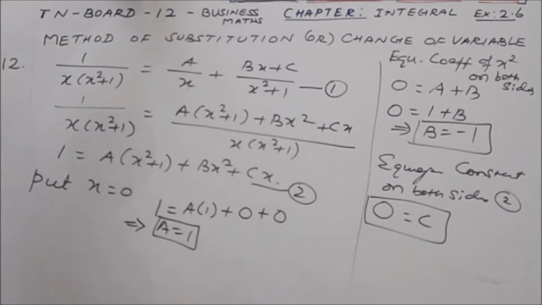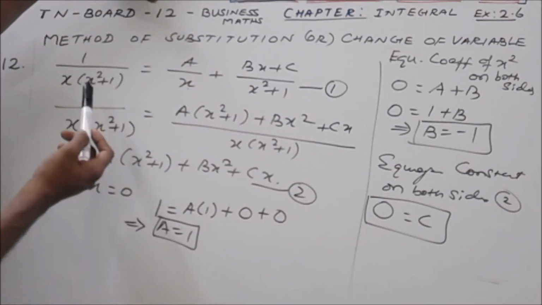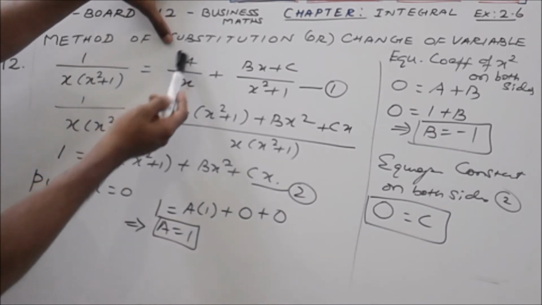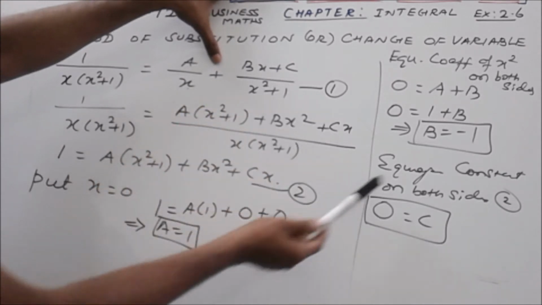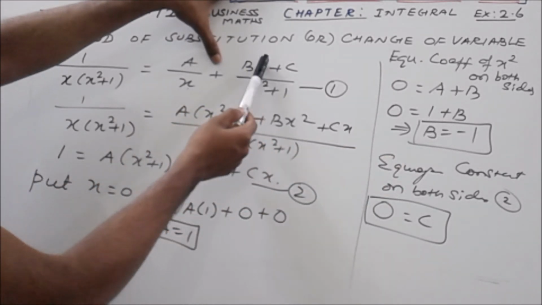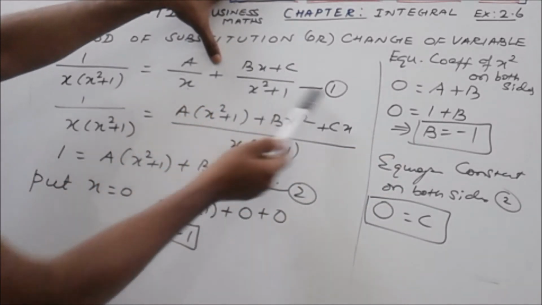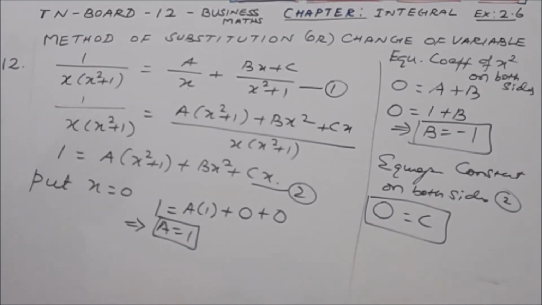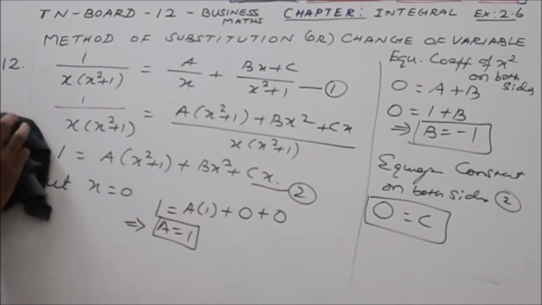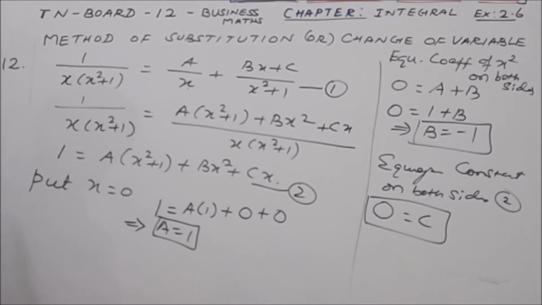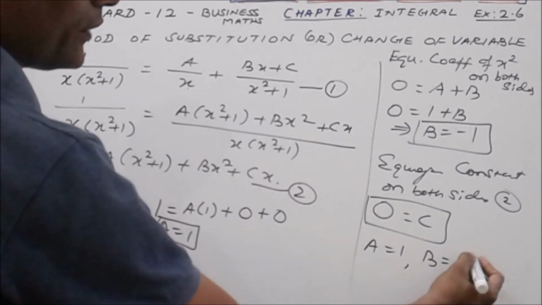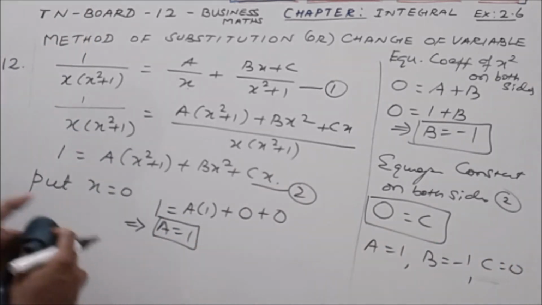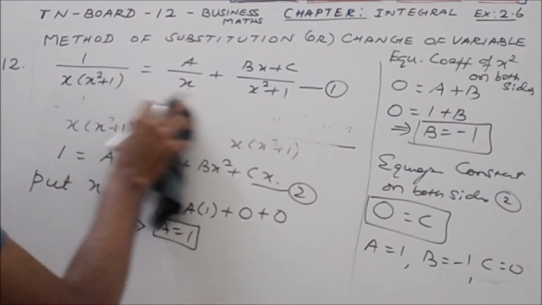Substituting these values in equation 1, 1 by x into x square plus 1 will turn as a by x. a means we have 1 by x, plus bx, b is minus 1, so minus x, plus 0 by x square plus 1. So writing those steps here: substitute the values of a, b, c. a is equal to 1, b equal to minus 1, and c is equal to 0. Substituting in equation number 1, we have